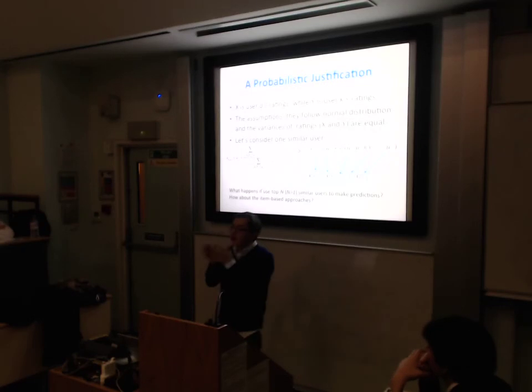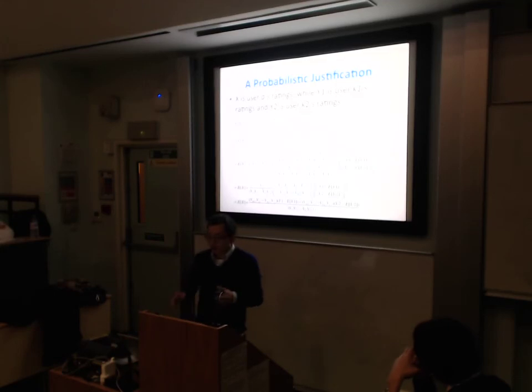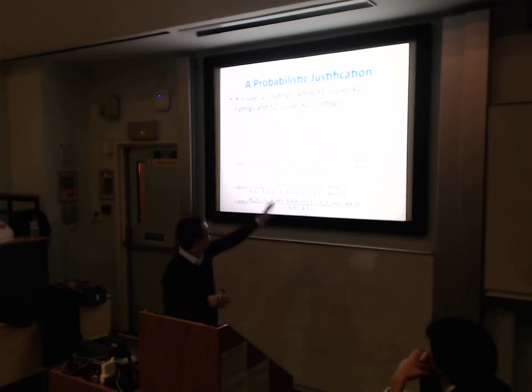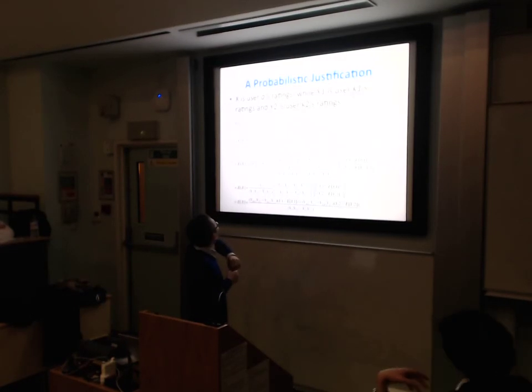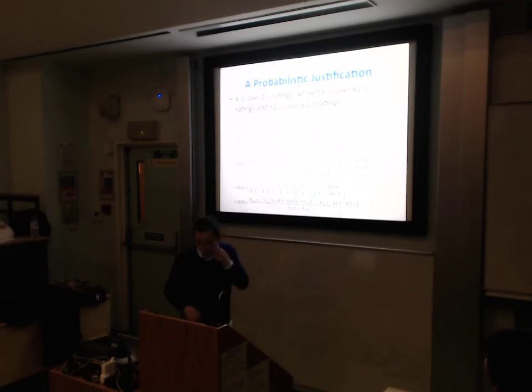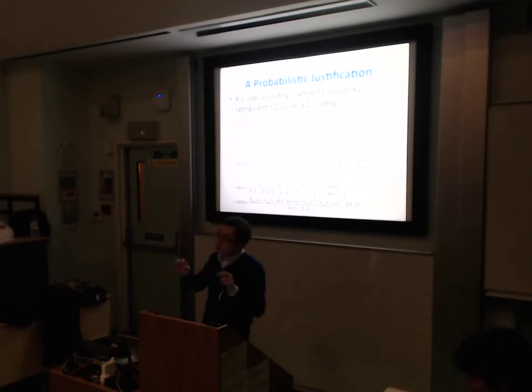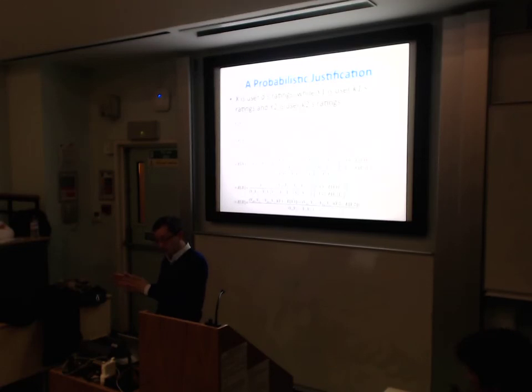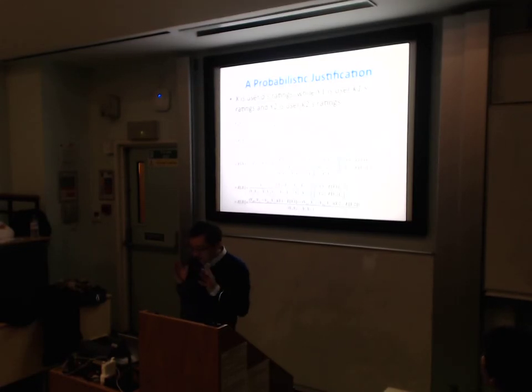This is what it looks like if we have one known rating and we want to predict another user's rating. But if you have the top n most similar users, what's going to happen? So this is the formula that I quickly came up with. Let's say you know two ratings from two similar users, and then you could come up with this prediction. It's a little complicated, but